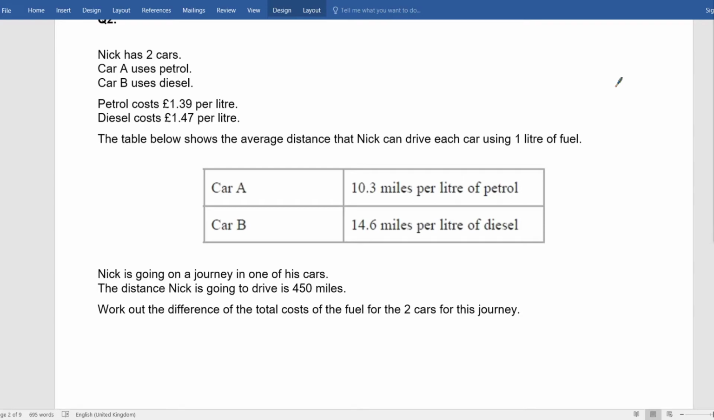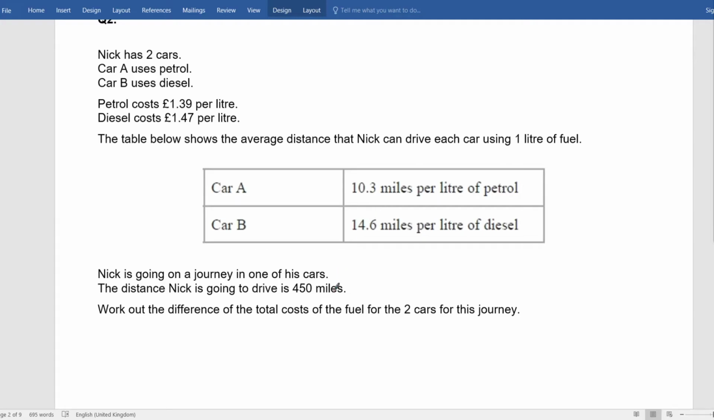Nick is going on a journey in one of his cars. The distance Nick is going to drive is 450 miles. Work out the difference of cost, total cost of fuel for the 2 cars on the journey. Okay, so know that this will be a calculator question. So you get your calculators out. The first calculation we're going to use, so this is the petrol car,